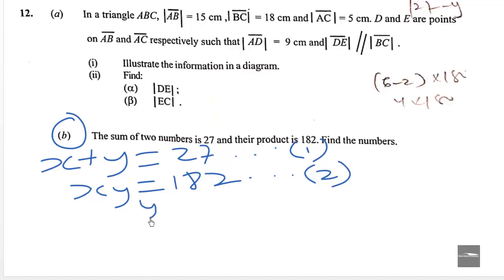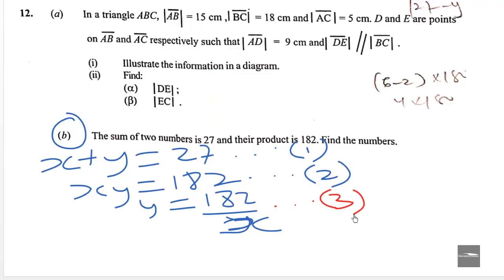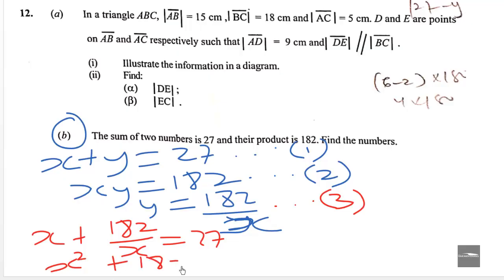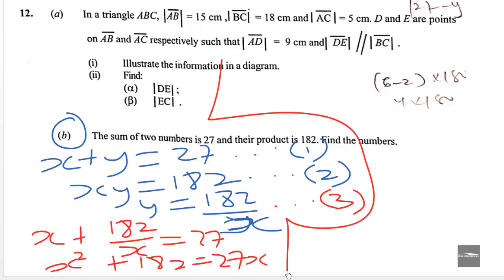So we can make y the subject in equation 2. y equals 182 over x. So we just substitute y equals 182 over x into equation 1. We have x plus 182 over x equals 27. So multiplying through by x, we get x squared plus 182 is equal to 27x. Let's rewrite this in the standard quadratic equation form, and that will give us x squared minus 27x plus 182